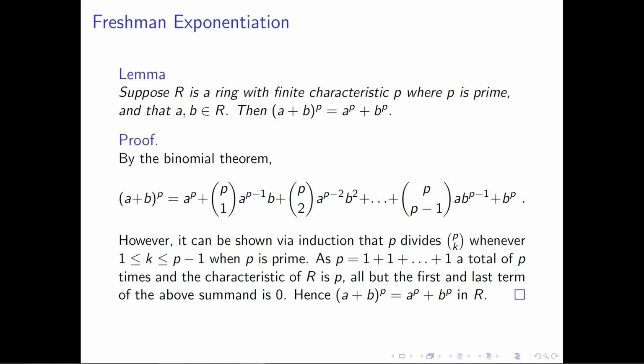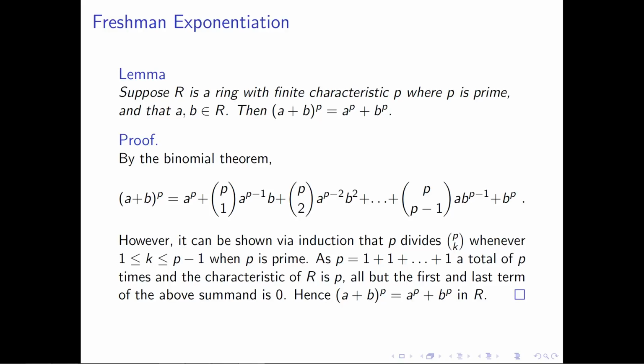So what we're going to do here is first apply the binomial theorem. We're going to take this quantity, a plus b raised to the pth power, and expand it out term by term the way we're supposed to according to the binomial theorem. The first term in this expansion is a to the p, and then you have p choose 1 copies of a to the p minus 1 times b, and p choose 2 copies of a to the p minus 2 b squared, plus